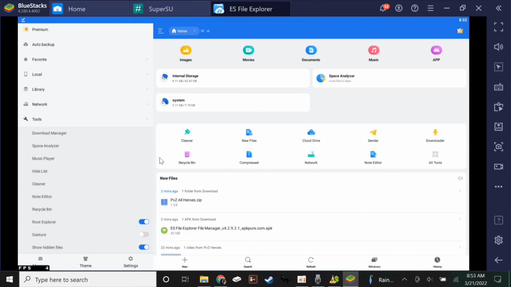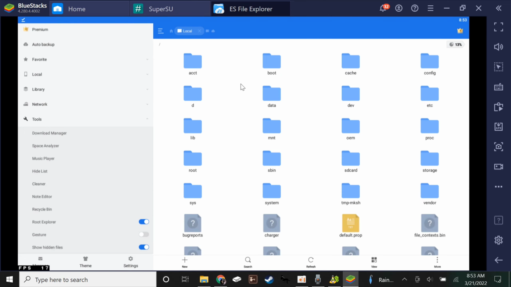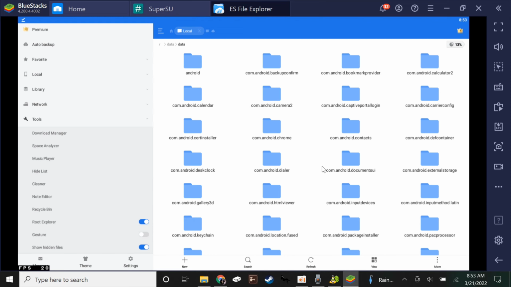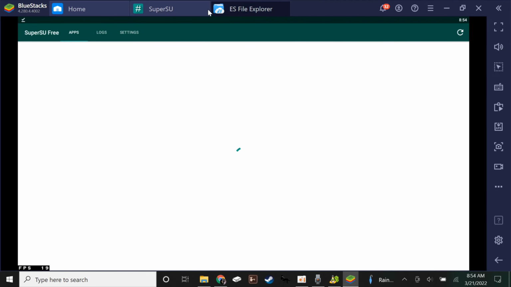So to make sure that the files are there, just click on internal storage and click on this little slash here. It's really small. Then just click on data, and if you see folders here, then you're good. So you successfully rooted. So yeah, once you are rooted,